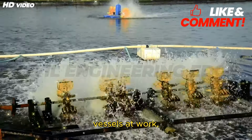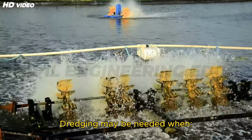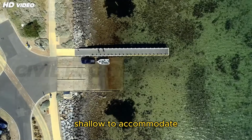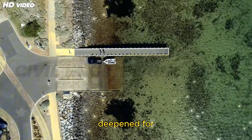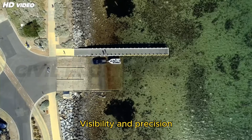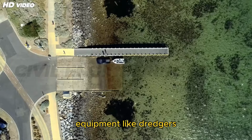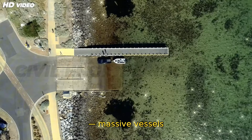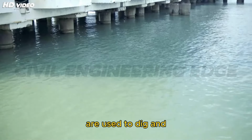Visual dredging vessels at work, scooping sediment. Dredging may be needed when the water is too shallow to accommodate the bridge design. The channel needs to be deepened for construction or future shipping. Visibility and precision underwater must be improved. Specialized equipment like dredgers, massive vessels equipped with suction pipes or bucket arms, are used to dig and remove material